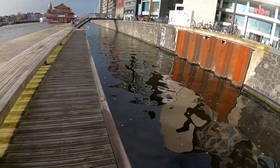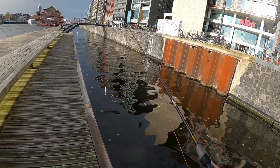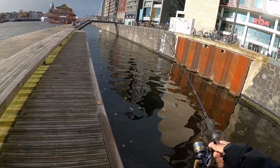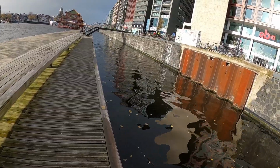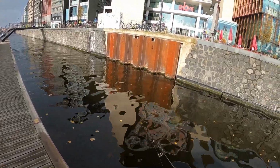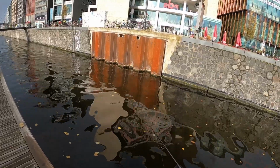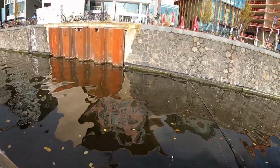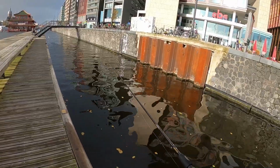I just got a few knocks over there. I don't know if that was a snag or a little nibble. Let's try it one more time, just to be sure. Look, the swans are here. See the swan? I thought I had a little nibble right here. Don't see any fish following it. Let's try one more time. I'm not sure. It felt like a nibble. Probably gonna get snagged, but